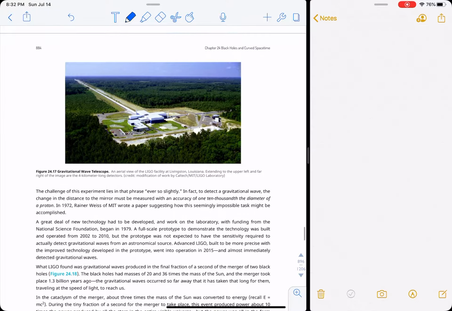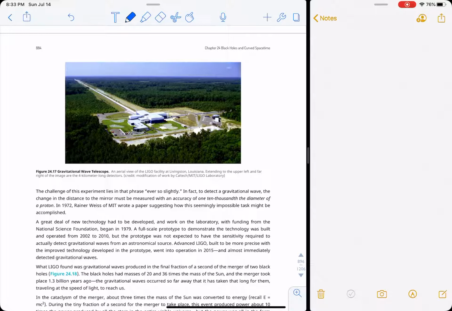This is LIGO. This is a gravitational wave facility. There's two big arms to this thing. They're each 2 kilometers long. And they shoot a laser beam down and back and down and back, and they recombine the light at the center. Normally when the light waves meet back at the center, they cancel out and you get zero light. If one of the arms is longer than the other arm, then the light waves interfere with each other, and you see a pattern. And if the interference pattern jiggles, then a gravitational wave passed through the detector.